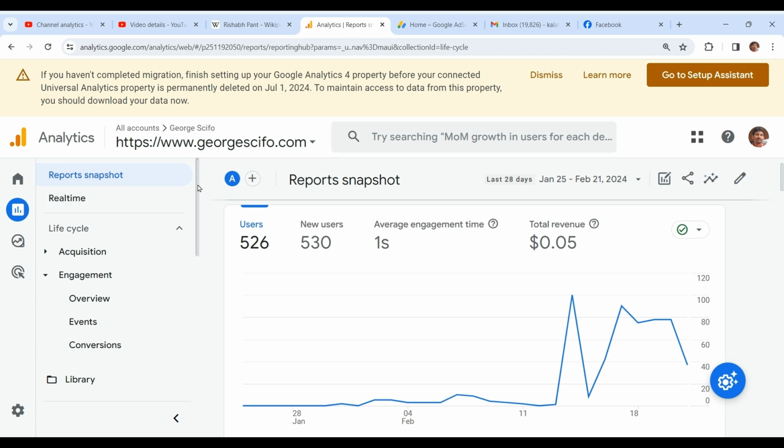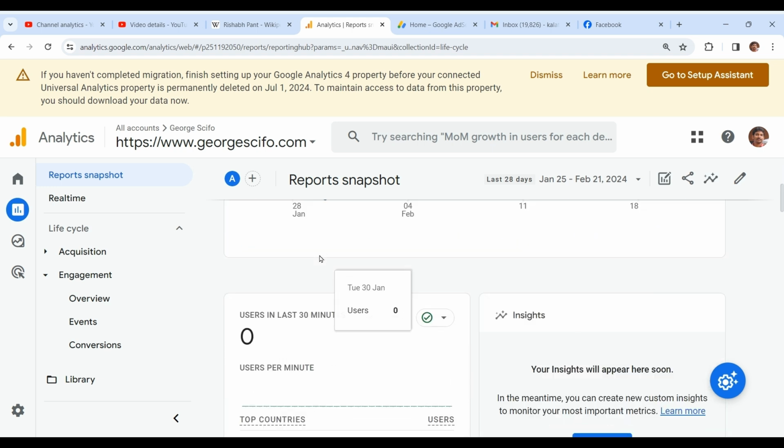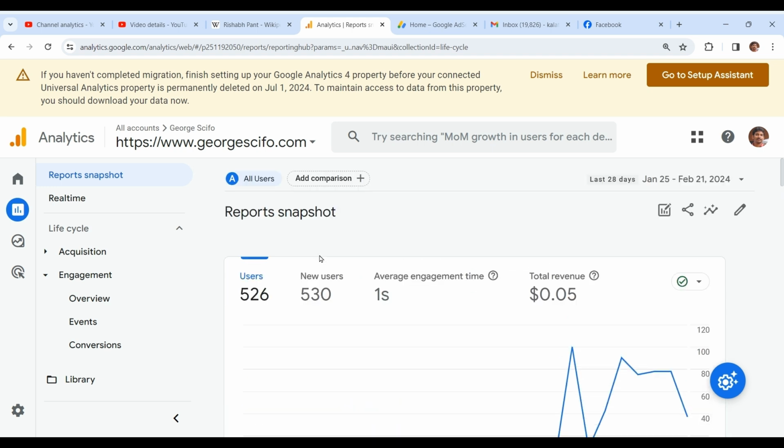So I'm just starting from the dashboard. This is the basic dashboard for the Google Analytics 4. And if you want to see the reports for the landing pages, keep scrolling from the left menus. On the left hand side, you can see some options are there. Come down and you can see acquisition, engagement, monetization. Click on the engagement